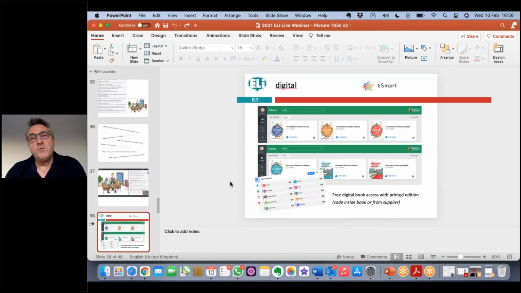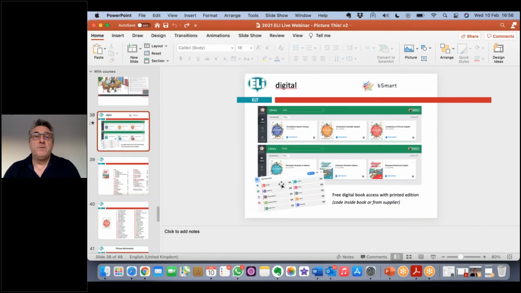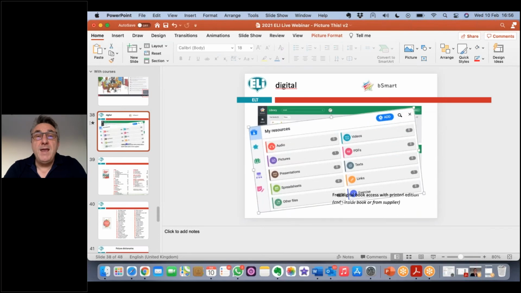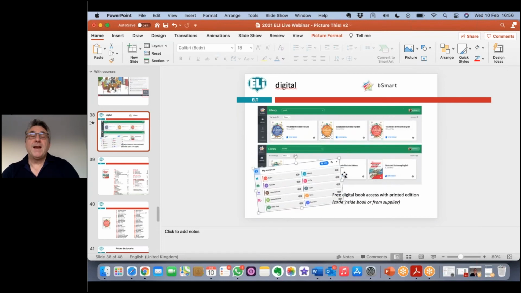And that works on a platform called Be Smart. The beautiful thing about the Be Smart platform is that you can access the digital version of the books. And down here, can I maybe make that bigger? You can add any of your own content to any of the pages. Maybe it's a PowerPoint, maybe your own pictures, a recording, a video or links. The Be Smart platform allows you to do much more with the book. It allows you to make a custom version of the lessons you want to teach.